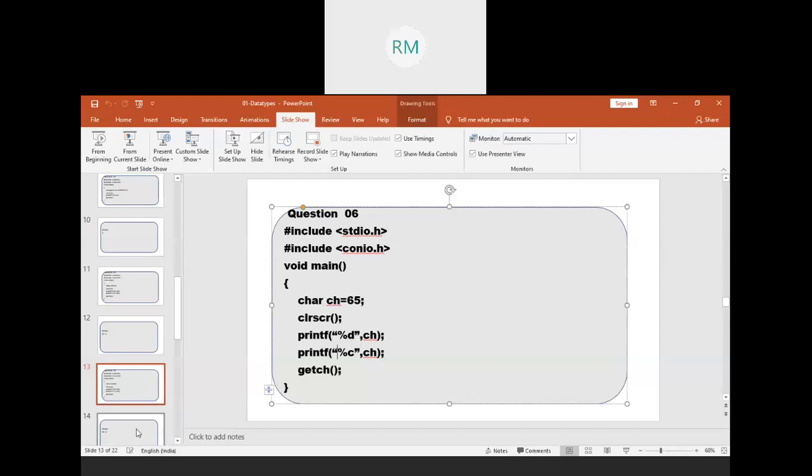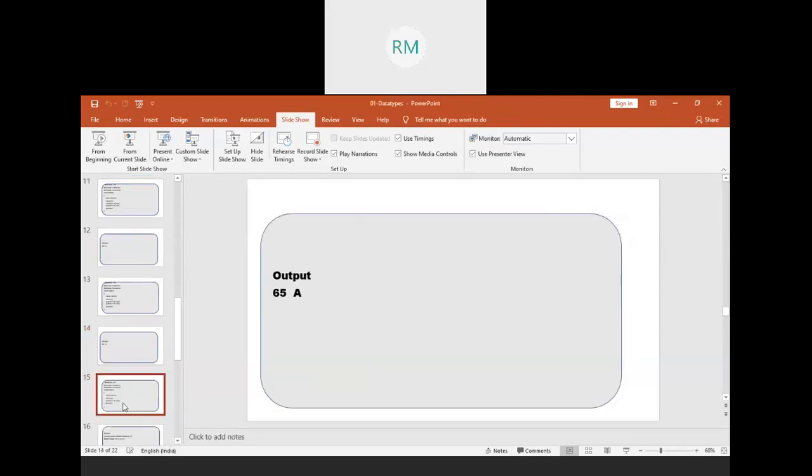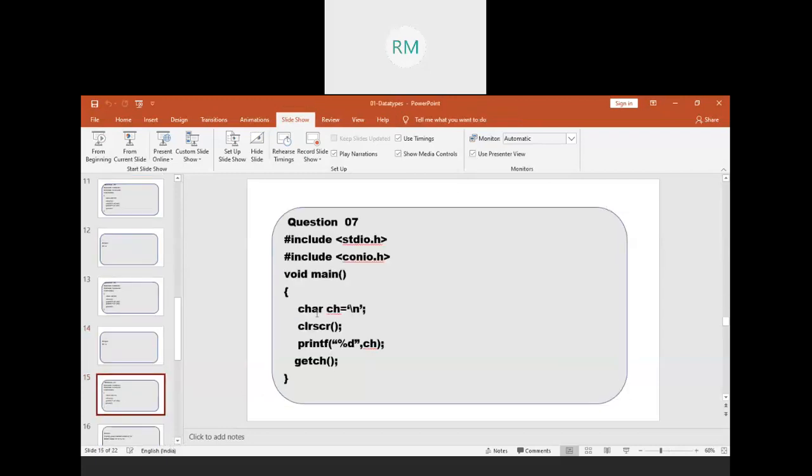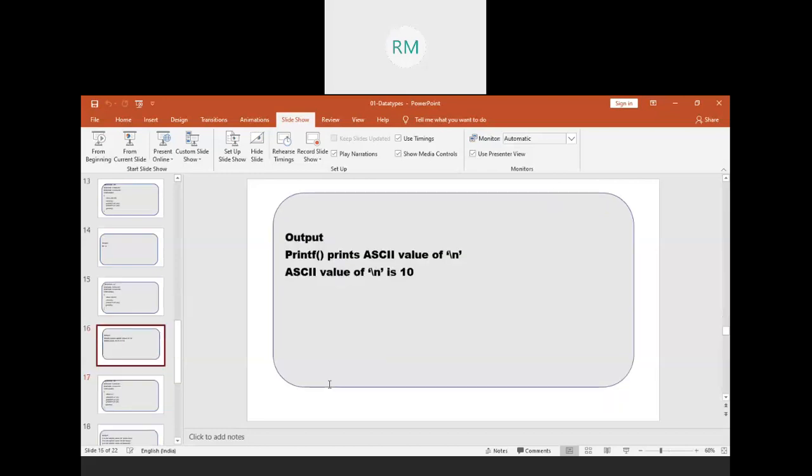I hope it is clear. Next question: char CH is equal to '\n', printf percent D CH. It prints the equivalent ASCII value. I told you the ASCII value of \n is 10, so the output is 10.